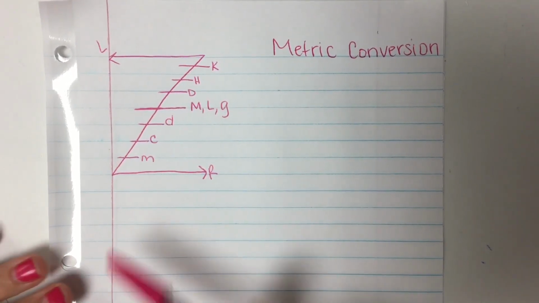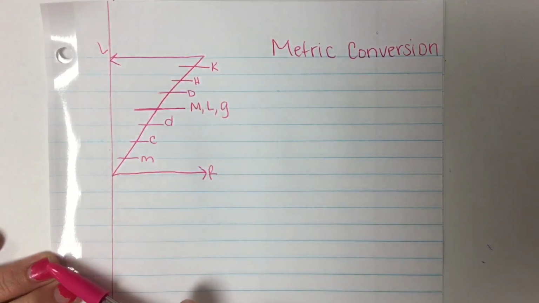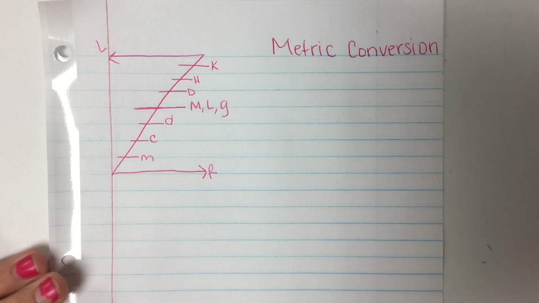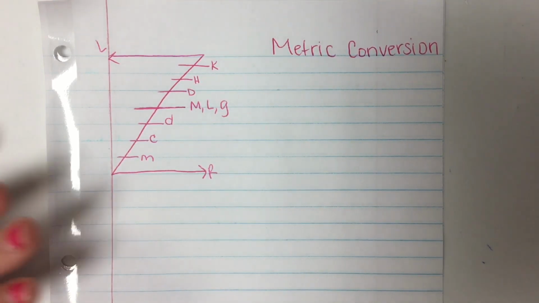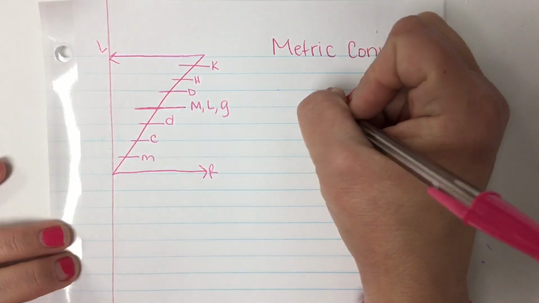Remember, when you go up the scale, you're going to the left, and you're going to move that decimal to the left. When you're going down the scale, you're going to the right, and you're going to move your decimal to the right. Well, we're going to do a couple practice problems real quick, and then we're going to do some word problems. So let's start with